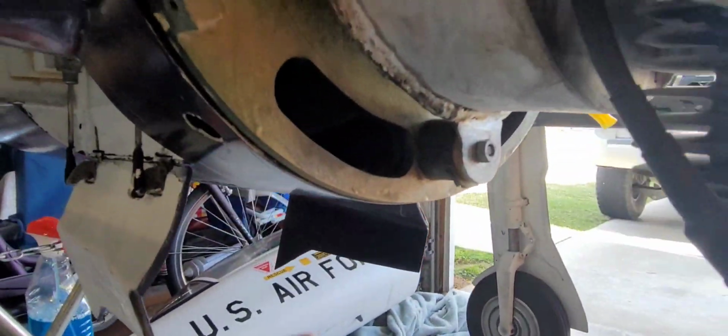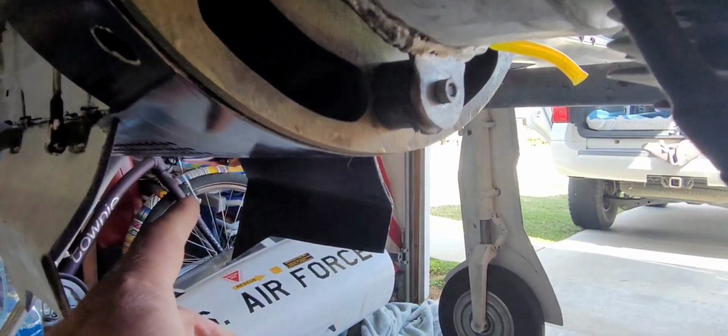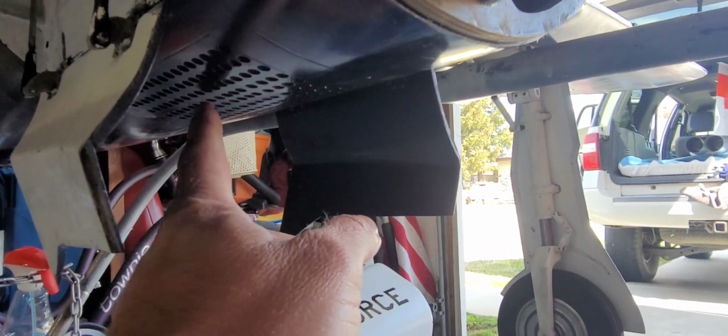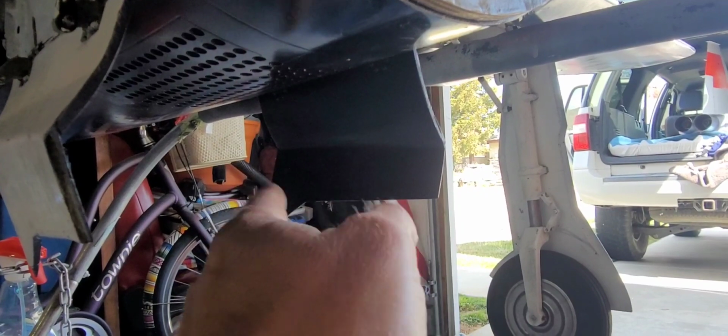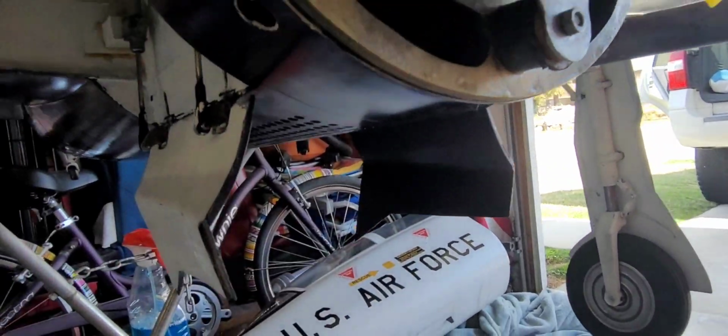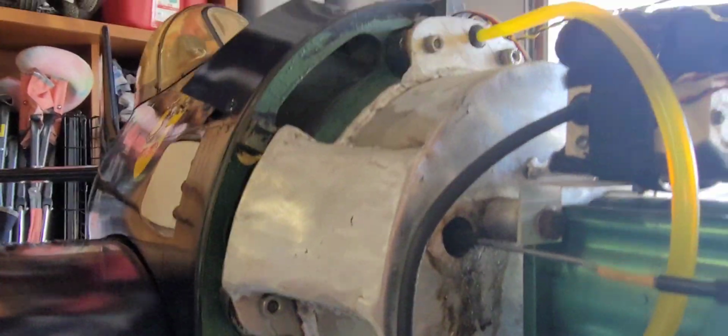It has scale cooling exits, so on the real one, the oil coolers exit down here. They aren't holes, so I'm probably going to change that. They're actually big vents, and it has like a flapper door that opens and closes. So I'm going to get rid of these holes and do that scale at some point. But another really cool feature is that